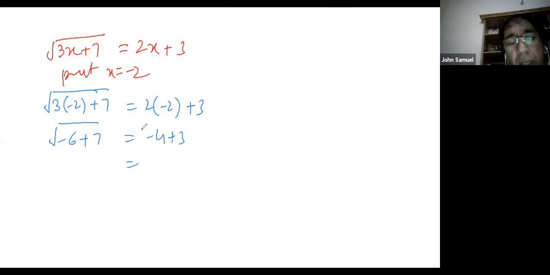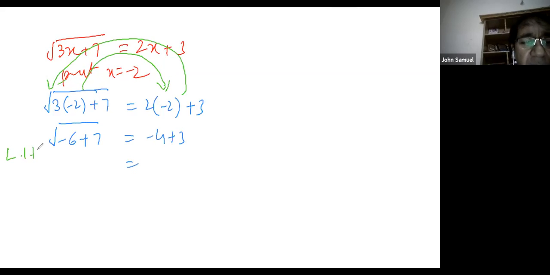What we will get? And make sure, this is very important, I'm telling you my dear students, we cannot take any value from the left hand side to the right hand side. Neither can we take a value to this side, nor bring a value from this side. We need to prove the left hand side and right hand side accordingly. We will not shift any term, variable or constant. We need to make sure that the left hand side is equal to the right hand side, so that we are getting the correct solution set.